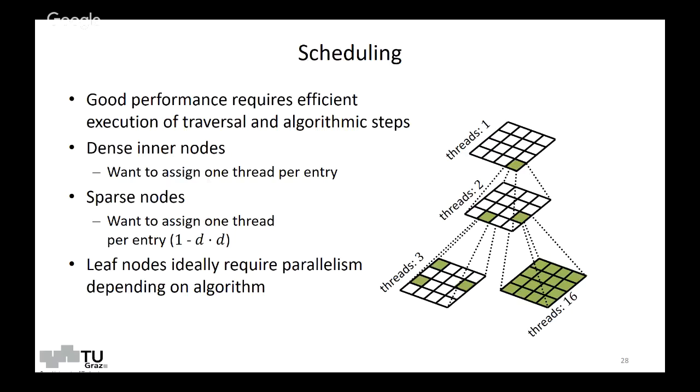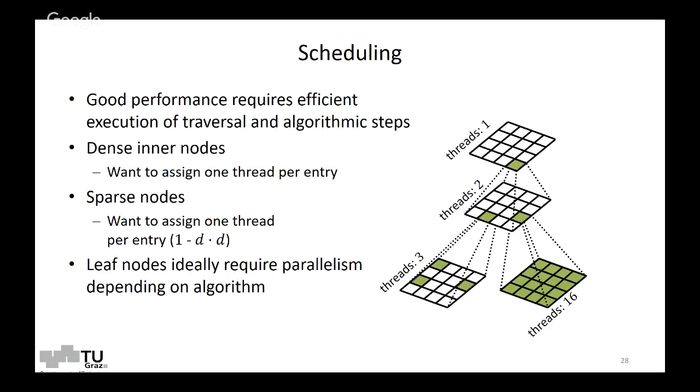Okay, so let's come to the fact that we actually want to do something with these matrices. So one of the things you want to do is run any kind of algorithm on top of that, which means, as I said before, you have to traverse the hierarchy, and we want to do it efficiently. And for doing it efficiently on the GPU, we have to consider how many entries we have in the different nodes. And here you can already see why this fits our execution model from before well, because we might, for